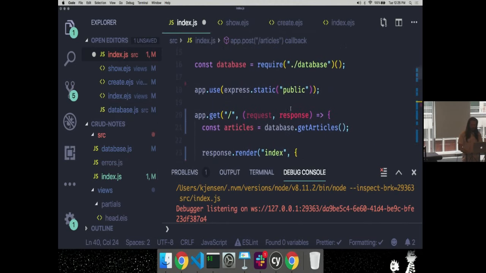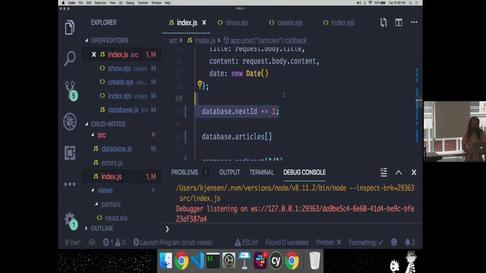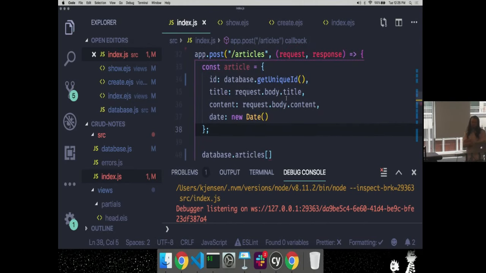So actually I've moved that behavior into my database library. My index should only have to call getUniqueID here instead. Yeah, so when you call that, it grabs the new ID and changes the value of the ID through that function. That's right. And the reason I do that is because with the other way, me as the user of the database has to remember to increment it, whereas now I don't have to think about incrementing it at all. The database takes care of that concern. I just know that I get a unique ID every time I call this function. So this is actually an improvement.